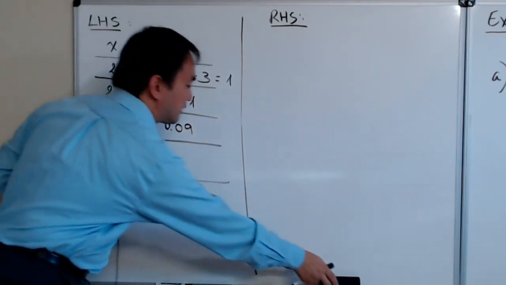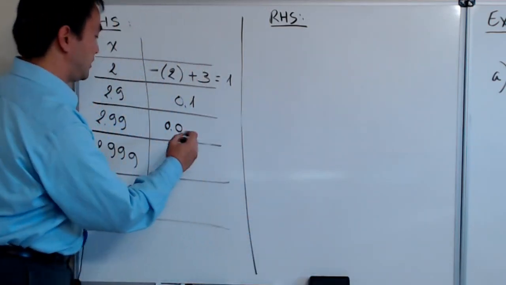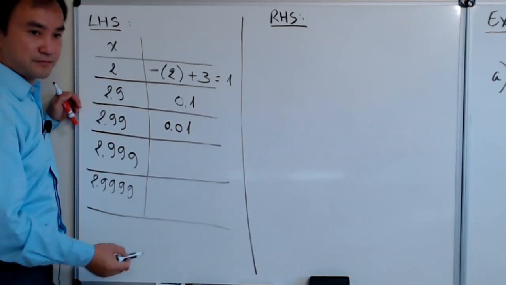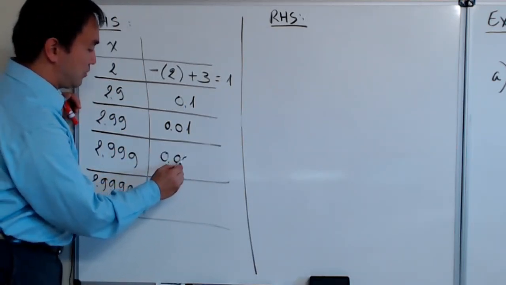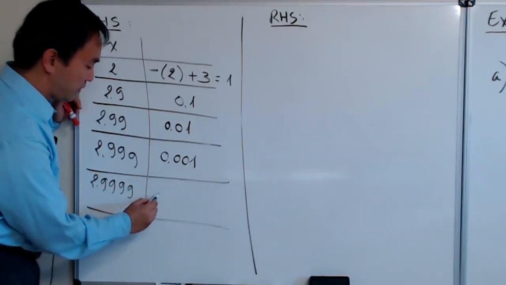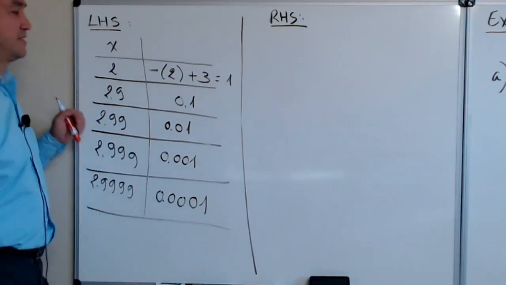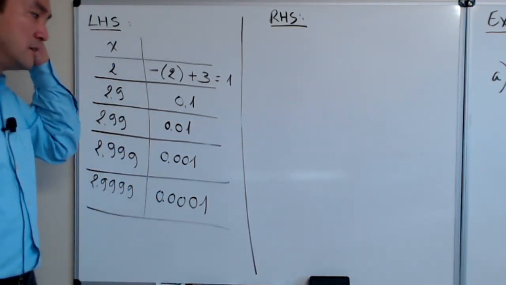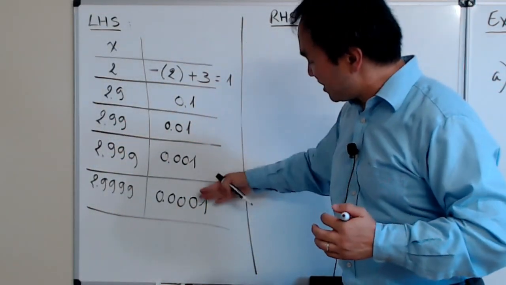Oops, had a little bit of a typo here. 0.01. Okay, and the next one here I'm going to have 0.001, and the last one here is 0.0001. All right, and so now the observation here is telling me that